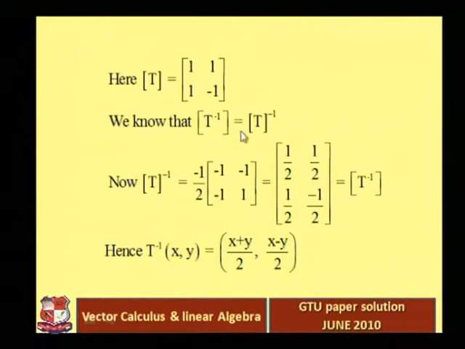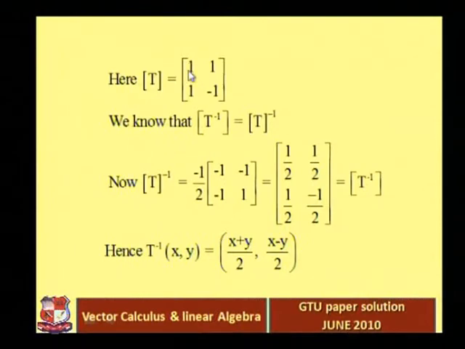This is one result that you can prove. Try to understand this equation: the standard matrix for T inverse is equal to the inverse of the standard matrix of T, right? So to find the standard matrix of T inverse, we just want to find the inverse of this standard matrix. And finding the inverse of this matrix is quite easy, because this is a 2 cross 2 matrix. First of all, find the determinant.